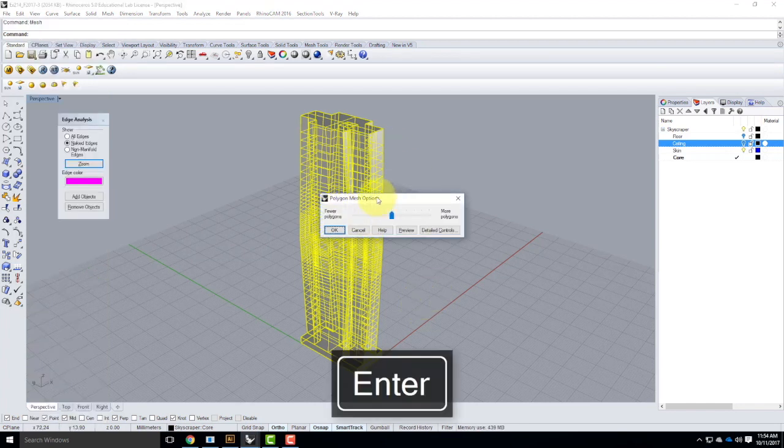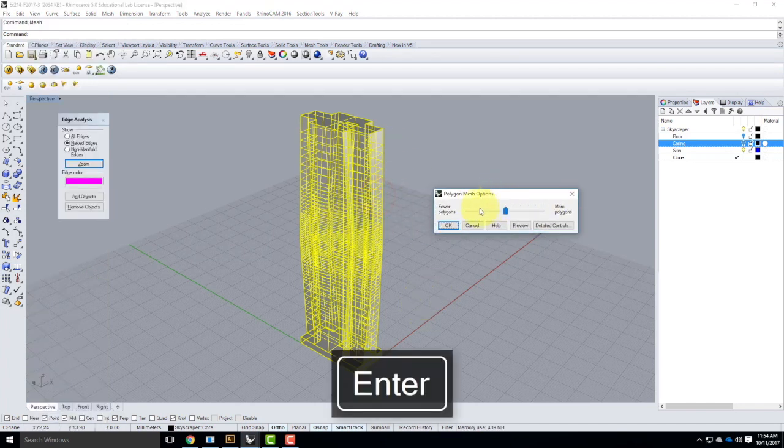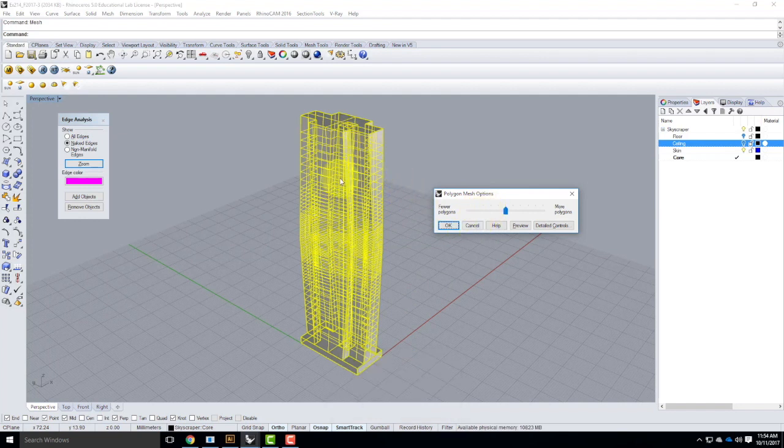And it gives this polygon mesh options count here. Depending on your building, you can choose fewer polygons or more polygons in terms of the number of ways it divides up into pieces. So for example, if I went up a little bit,